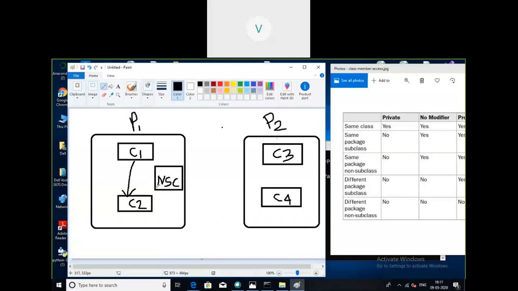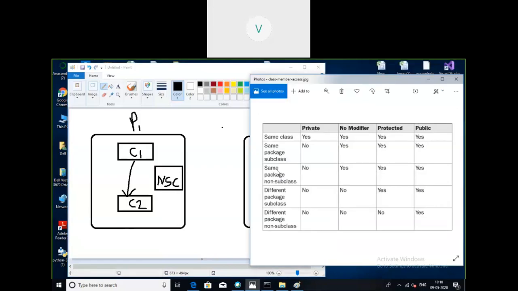So there is one more class in the same package which is not a subclass of this class. Then what members can this NSC access? That means this non-subclass present in the same package is allowed to access which members of C1?